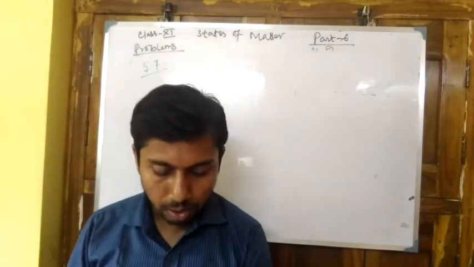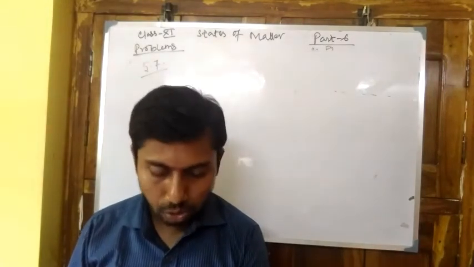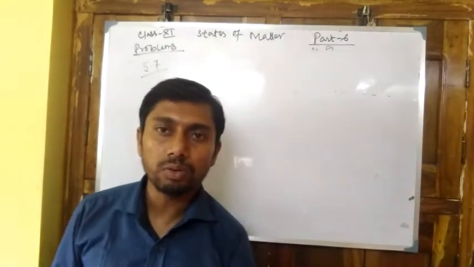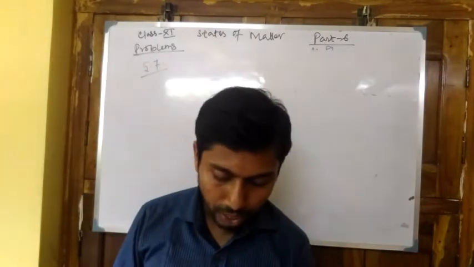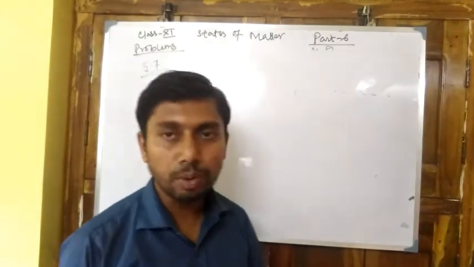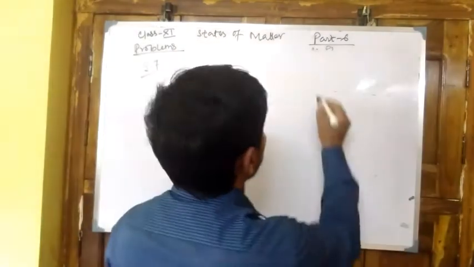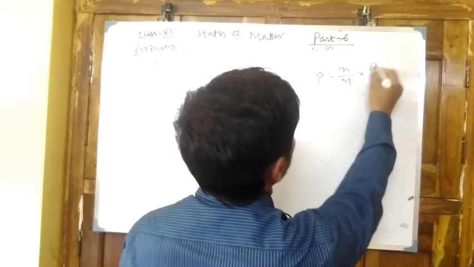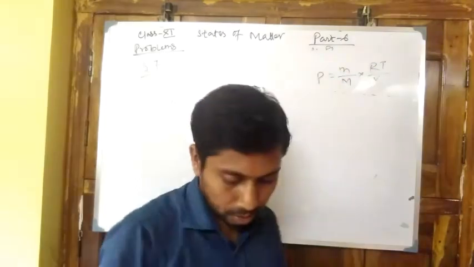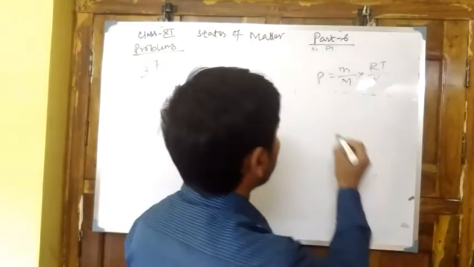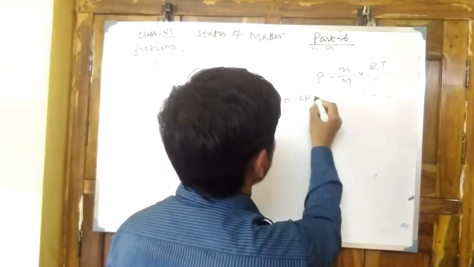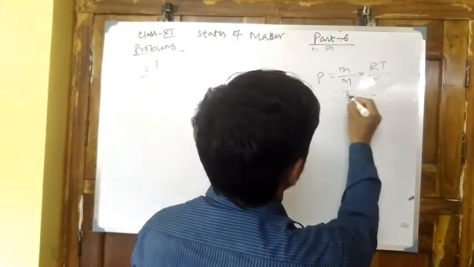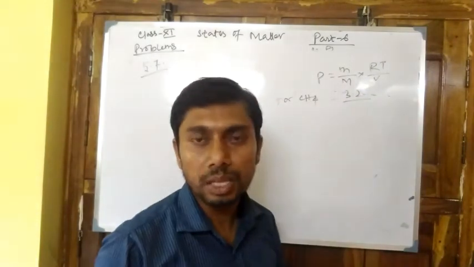And again, the molecular mass of CH4 and CO2 is known, and we have to calculate the mole fraction, and the total pressure is equal to the pressure that comes from the CH4 and from the CO2. So first of all, derive the equation that pressure equal to small m by capital M into RT by V. Now for CH4, it is equal to 3.2. What is the molecular mass of CH4? That is 16